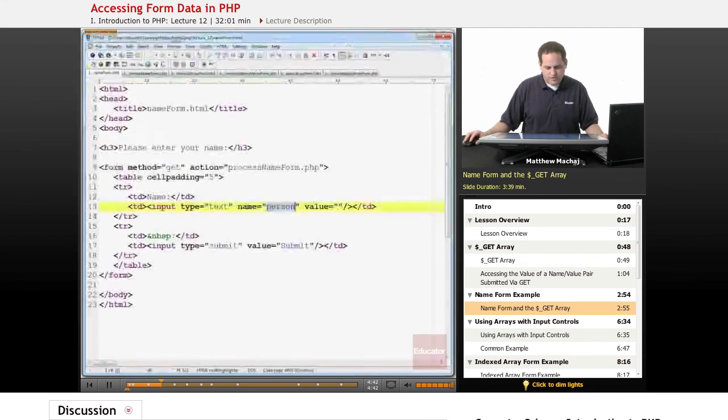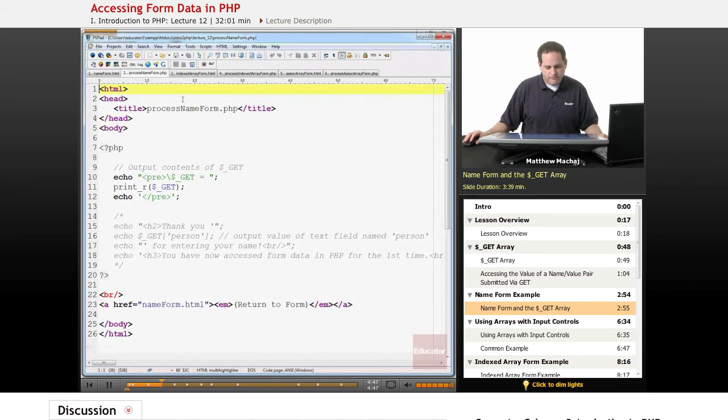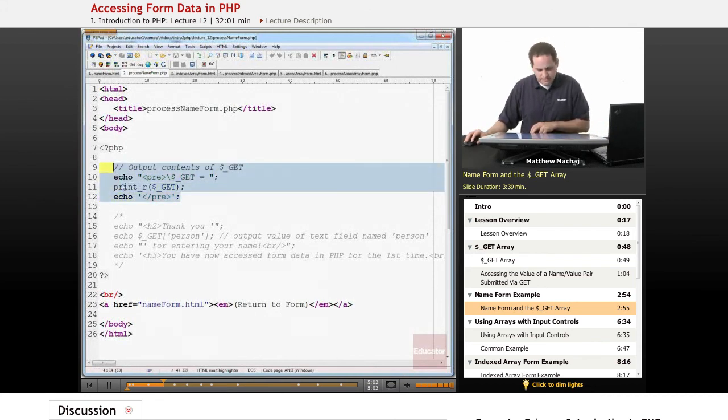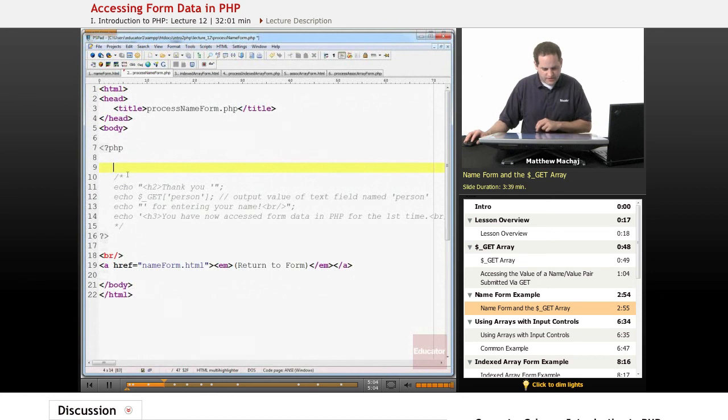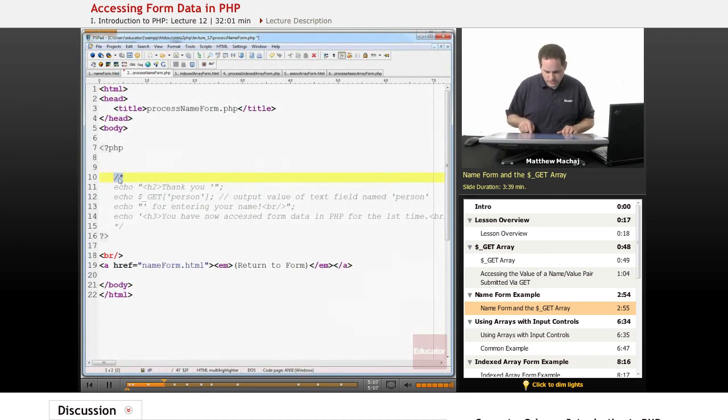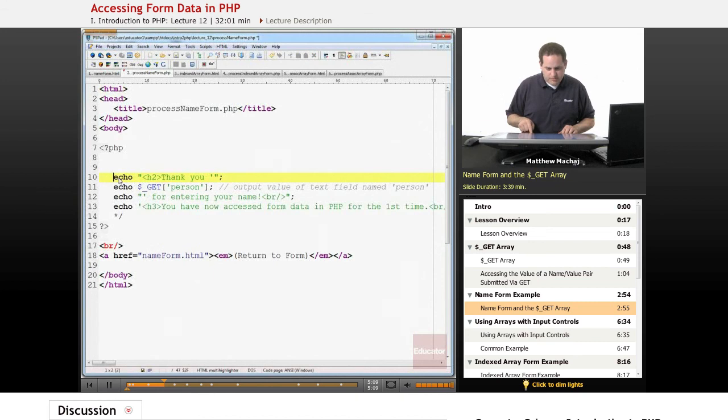So let's go look at the code that processes the name. It's called processNameForm.php, and we have some PHP code here at the beginning that outputs what we just showed you. It just outputs the contents of the GET array. So let's go ahead and delete that and do something a little more useful. I've commented out a section of code here that's going to output a thank you message, and it's going to quote the person's name that was submitted on the form. So if I get rid of these comment tags,